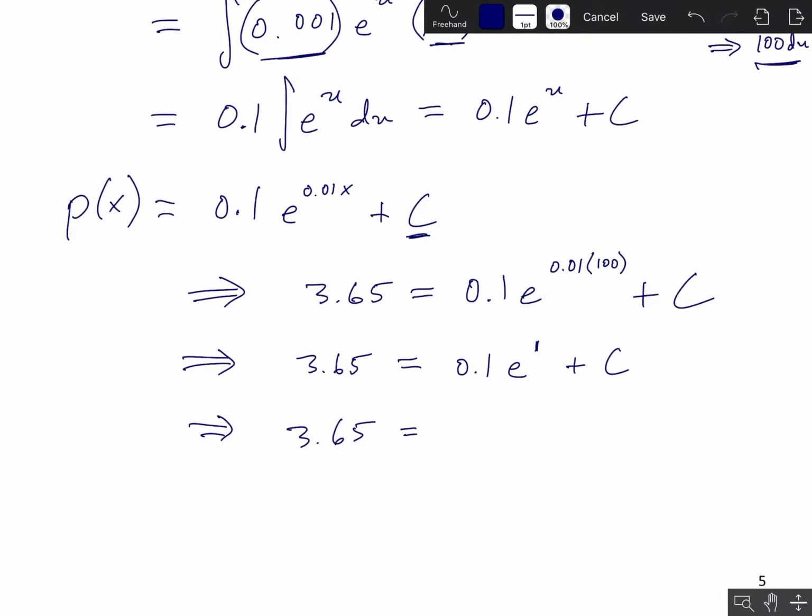Now, if you'd like, you can plug in this first term on the right-hand side into a calculator, or you might just remember that e is roughly 2.7. So this would end up being 0.27 plus c, if I'm rounding a little bit. And now I can subtract the 0.27 from both sides. That would tell me that